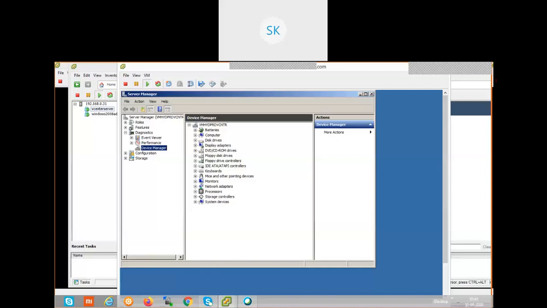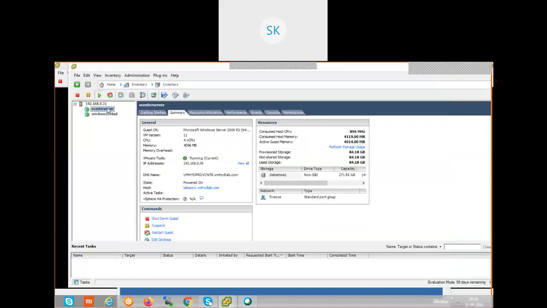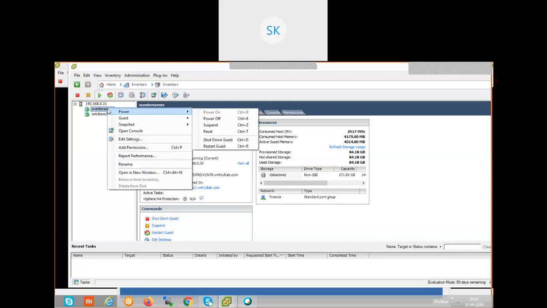Okay. Now, if you right click on this vCenter server, whatever server we deployed on the ESXi host, or any VM, see what options are going to come into the picture. There are very limited options. What are the limited options? I can do only the power button or a guest operation. In the power tab, I can restart, power off, suspend, and all those things. If you go to guest, it shows different options, send Ctrl, Alt, Delete, and other things. Very few options. There are no other options available.